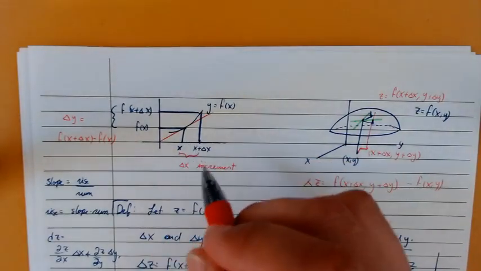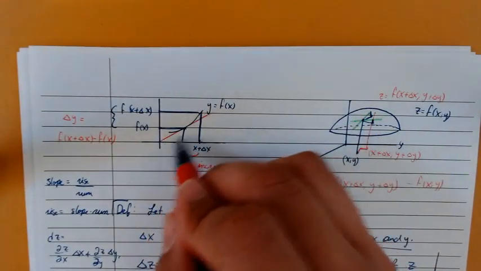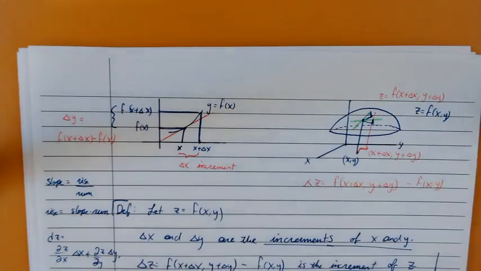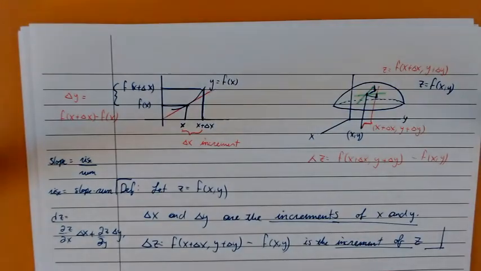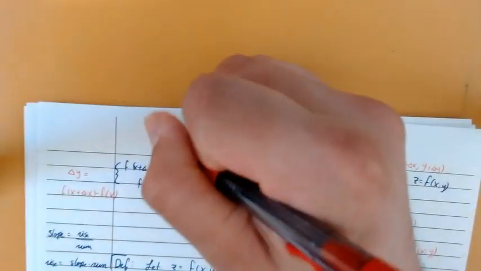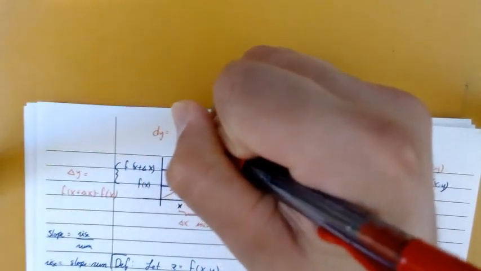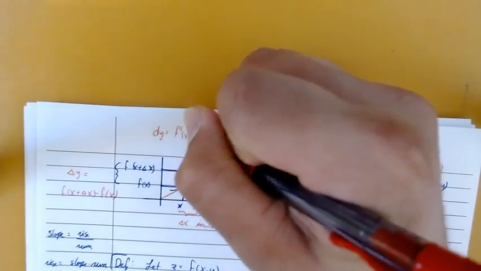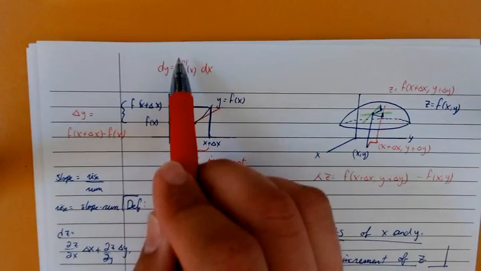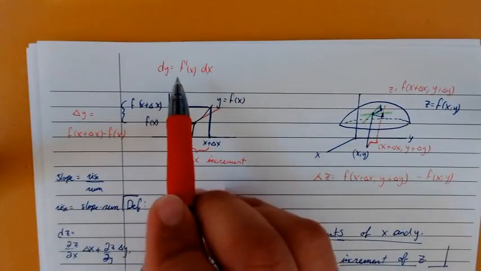So now, if I take the differential of y, which in Cal 1 we defined as dy is equal to f prime of x dx, the stuff inside the integral, right? If we take that,